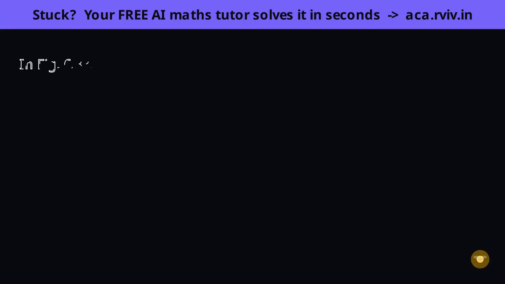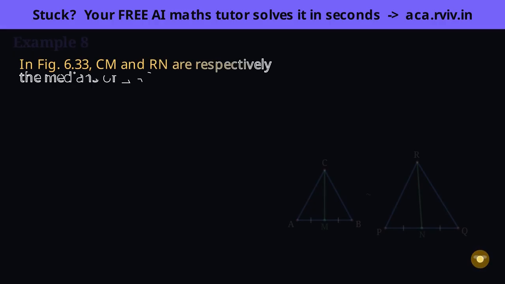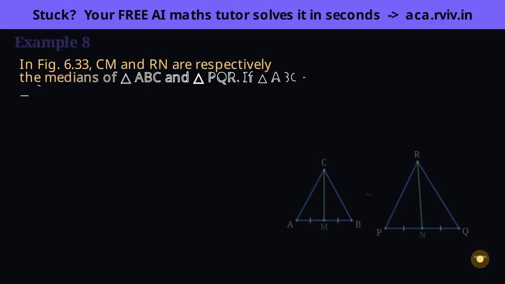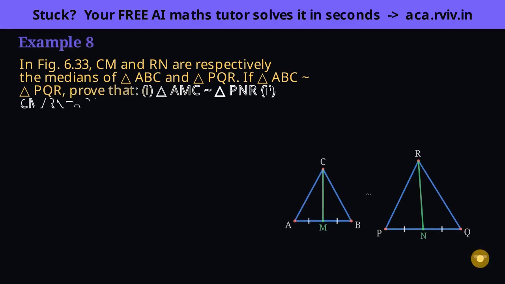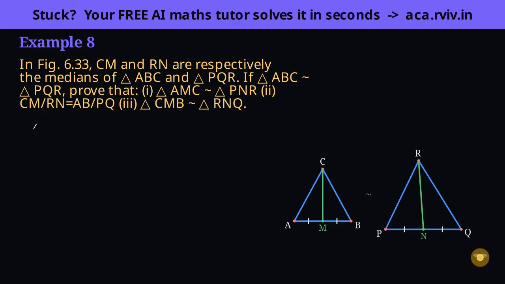The one insight running through all three parts is simple. A median always cuts its side exactly in half, and half of a proportional length keeps the very same ratio. Hold that, and every part falls out. The problem hands us the big triangles as already similar. So before doing anything, let's unpack everything that gift contains.